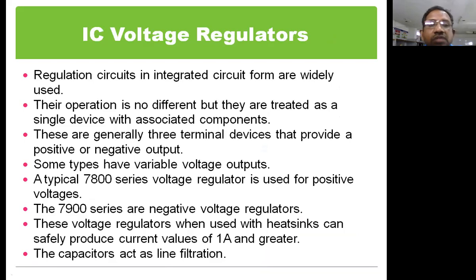The last part of the story is going to be IC voltage regulators. In the market, we normally get voltage regulators as ICs, such as the typical 7800 series, normally used for positive voltages, and 7900 used for negative voltages. We normally buy voltage regulators in the market as IC voltage regulators. But coming to the simple discrete transistor version we just discussed, in the market we find the IC version of the regulators.